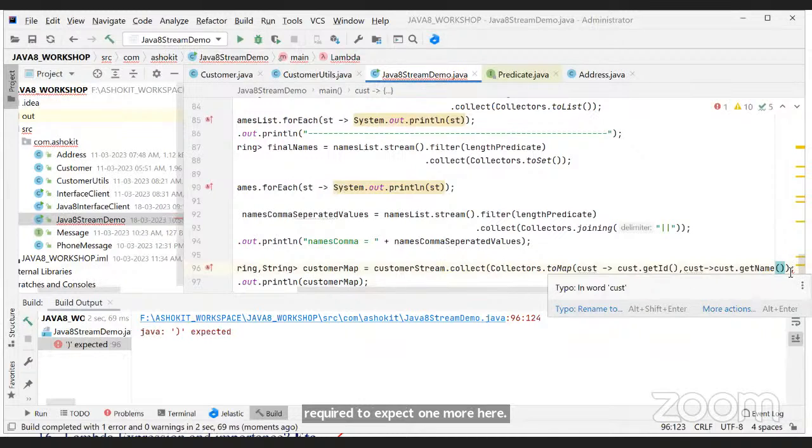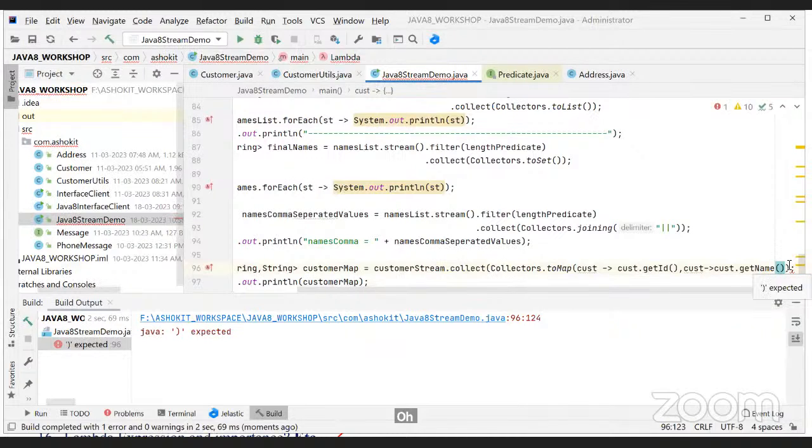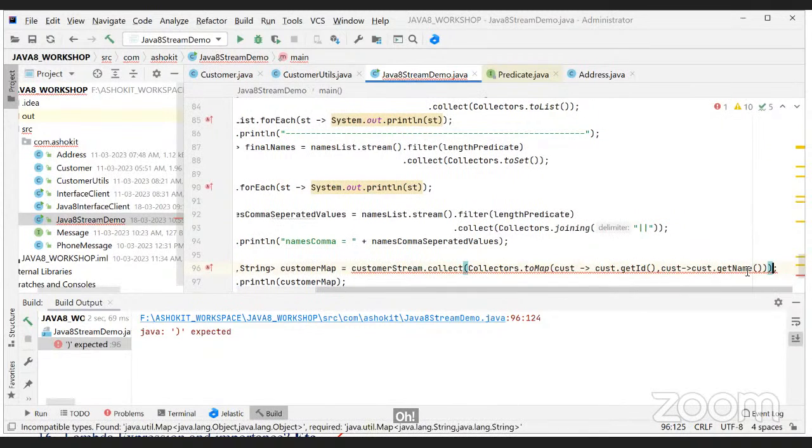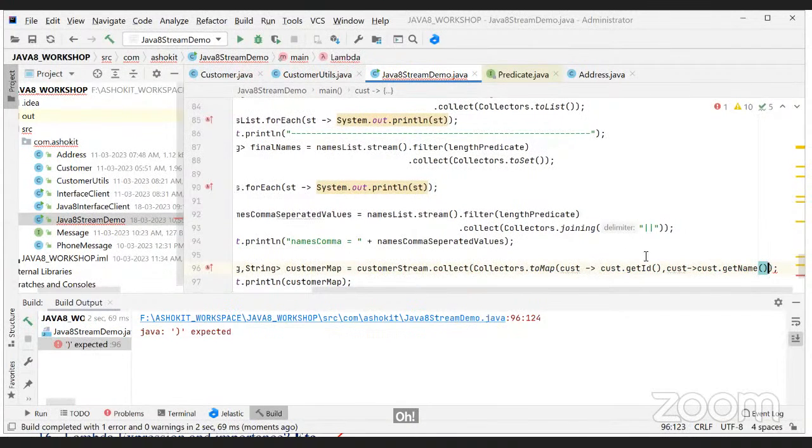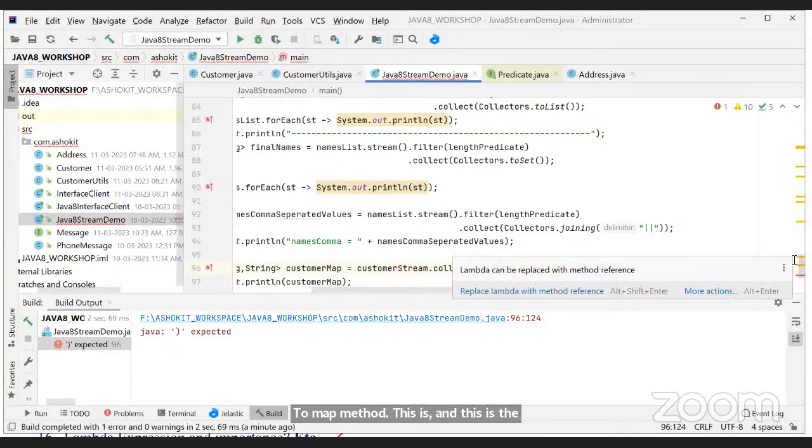toMap method, this is the Collectors method.